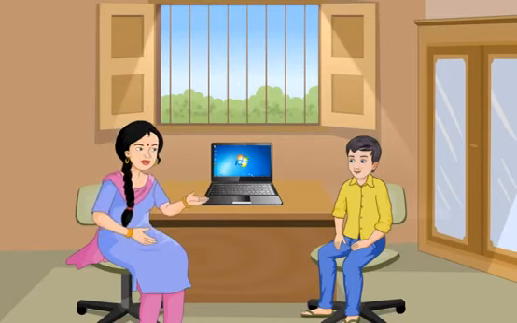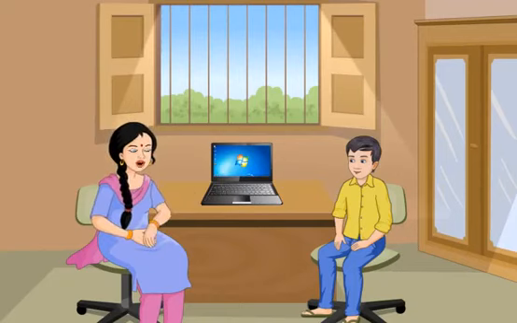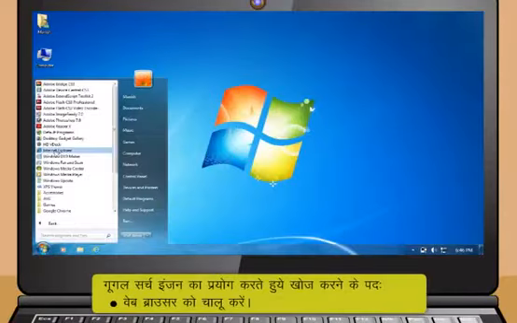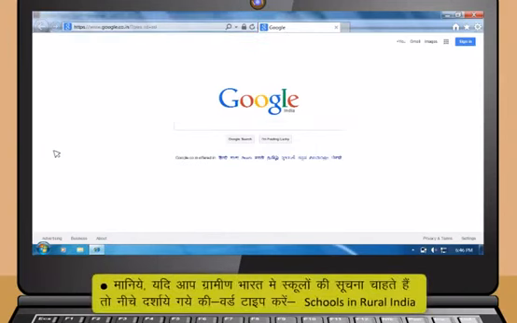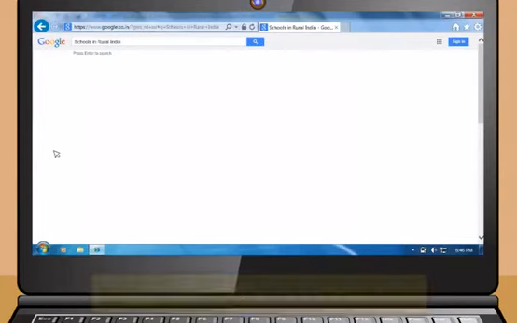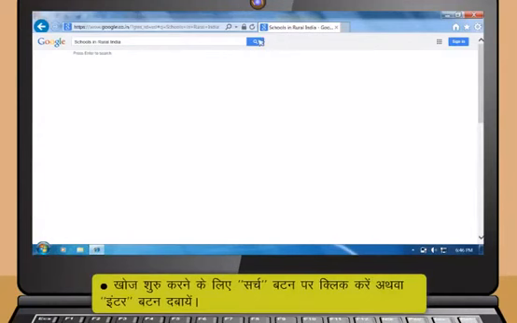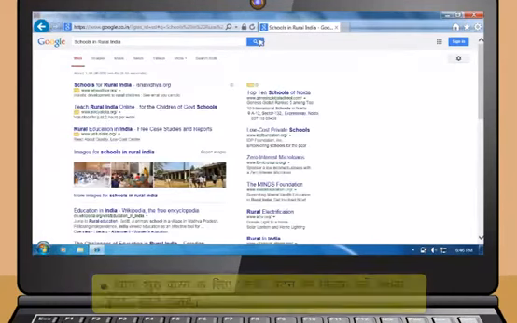गूगल, जो कि सर्वाधिक प्रयोग किए जाने वाला सर्च इंजन है, का प्रयोग करते हुए किसी चीज को खोजने के लिए निम्न पदों का अनुसरण करें। पहला, वेब ब्राउजर को चालू करें। तब एड्रेस बार या लोकेशन बार पर यह टाइप करें https://www.google.co.in/। मानिए यदि आप ग्रामीण भारत में स्कूलों की सूचना चाहते हैं, तो नीचे दर्शाए गए कीवर्ड टाइप करें, स्कूल्स इन रूरल इंडिया। अब खोज शुरू करने के लिए सर्च बटन पर क्लिक करें अथवा एंटर बटन दबाएं।